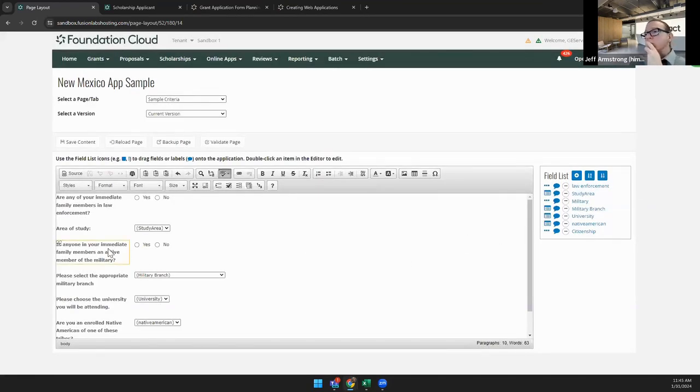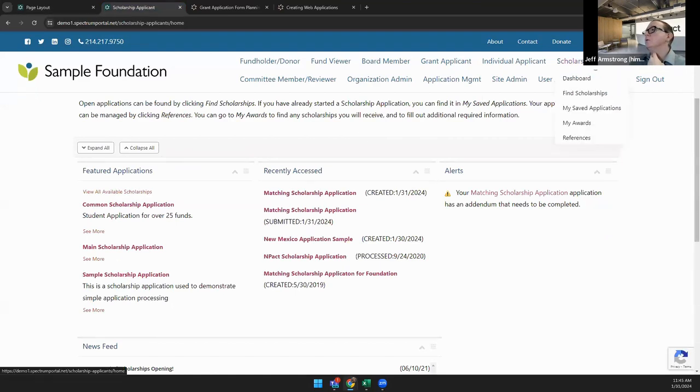So very easy to change these things. And then it's easy to edit the fields here as well. So I added one to this where I'm going to say the military branch is dependent on the military field. So this is number 52. Real quickly, I'm going to go back to the portal and find